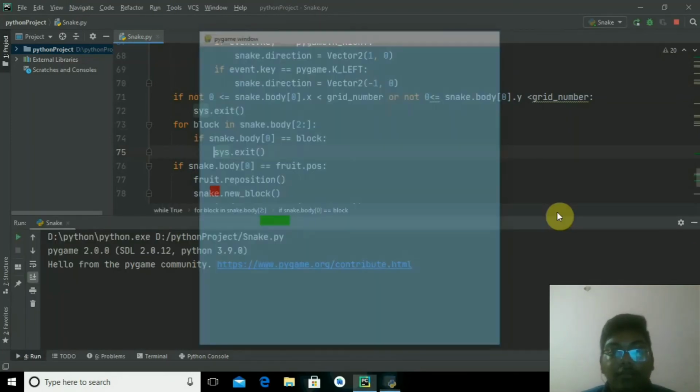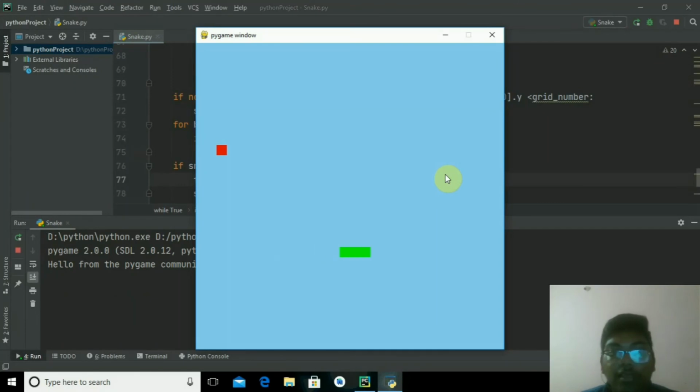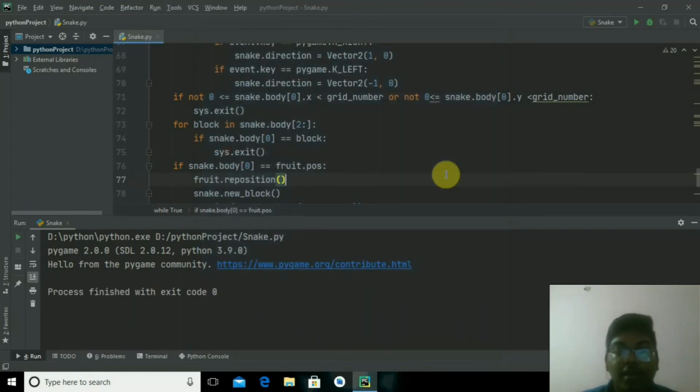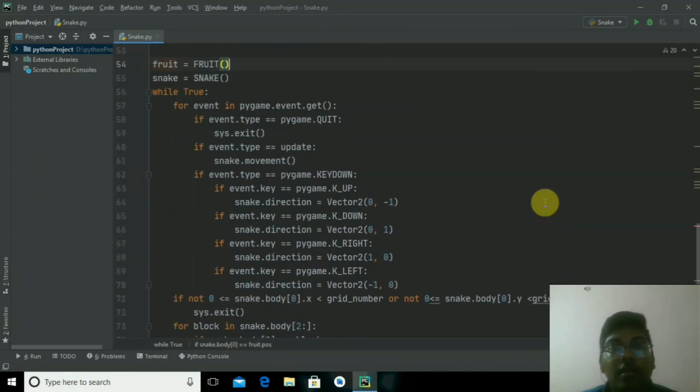Here, see, I am moving in one direction and suddenly click on left side, the game stops. So for removing that, I should write a command such that if I am moving right side, the left side should not work. So here in my code,